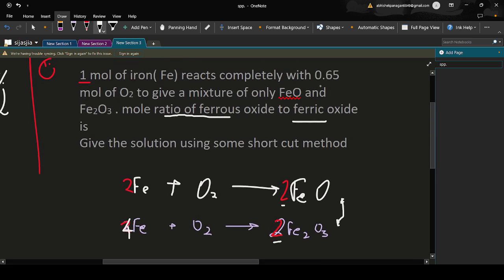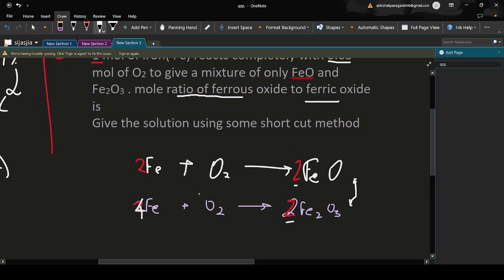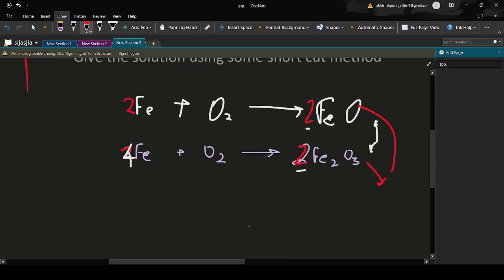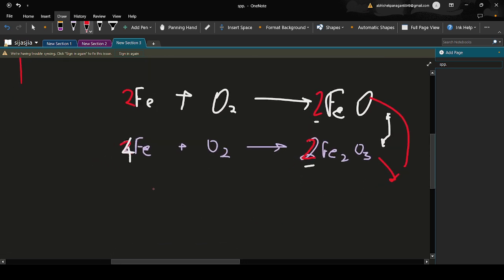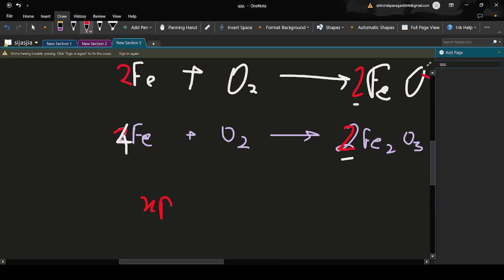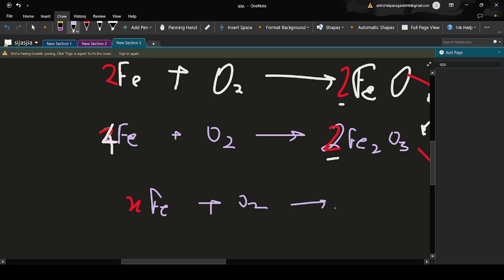But like he mentioned one thing, 0.6 mole of O2 to give this much. Okay, alright. So if you interpret from these two reactions, we can write this in terms of variables, like x Fe. Let's keep the quotients up. Let's write back this Fe plus O2 gives